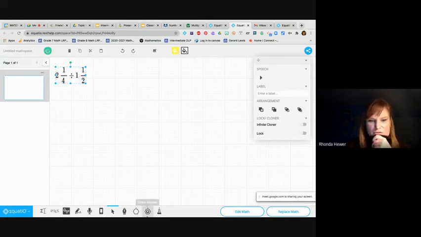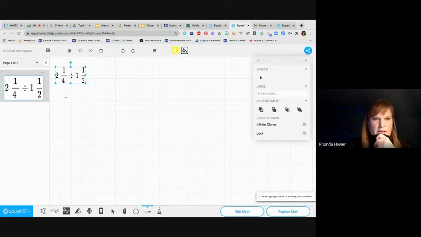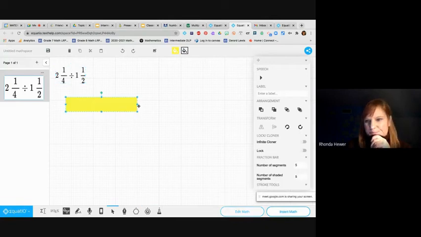So I'm going to use my smart shape down here. I'm going to use a fraction bar. And I'm going to create that into,